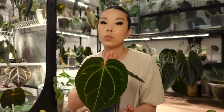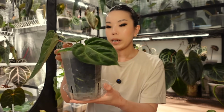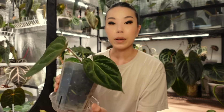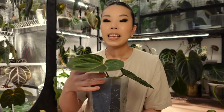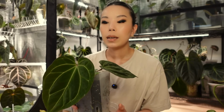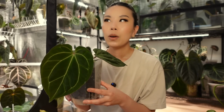This one in particular has been getting proper care because it's been living at the front of my tent, so I don't neglect it and I water it on time. I don't recall this one ever drying out, and I don't see brown mushy rot in here from overwatering. I don't see any angry leaves from overwatering. So I will say, at least for now, this one has standard anthurium care requirements,